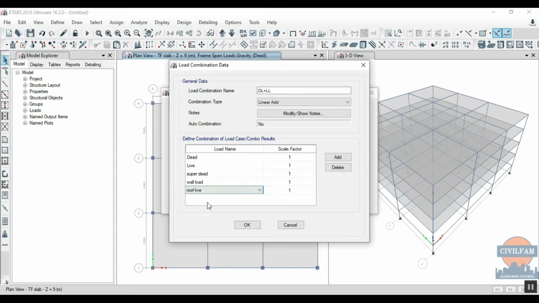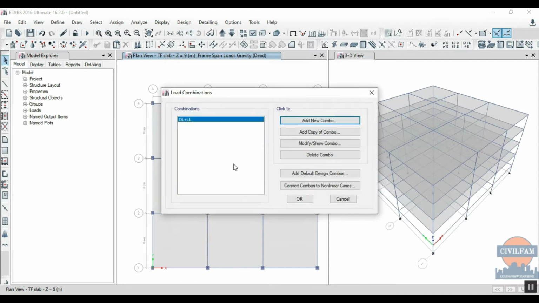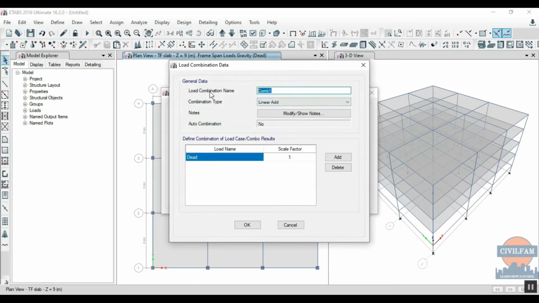Roof live, I'll come to the roof live part in just a minute. Okay, add new combination. 1.5 times the dead load plus live load condition.